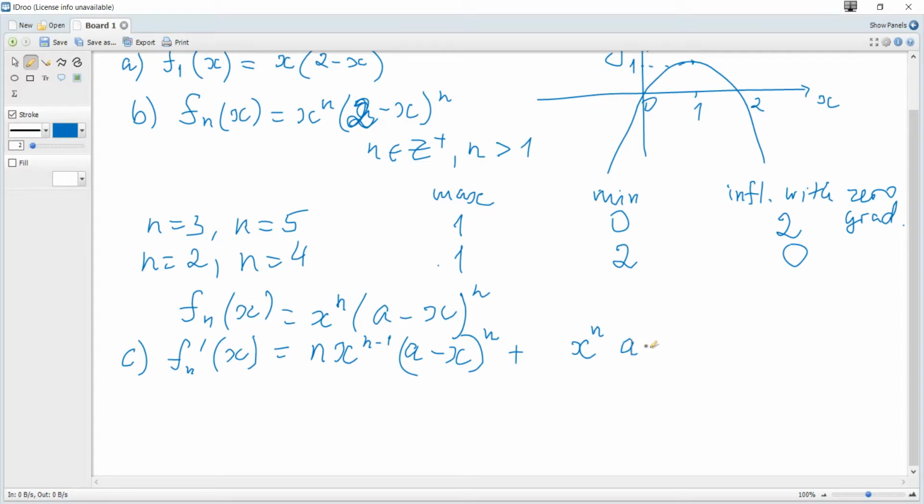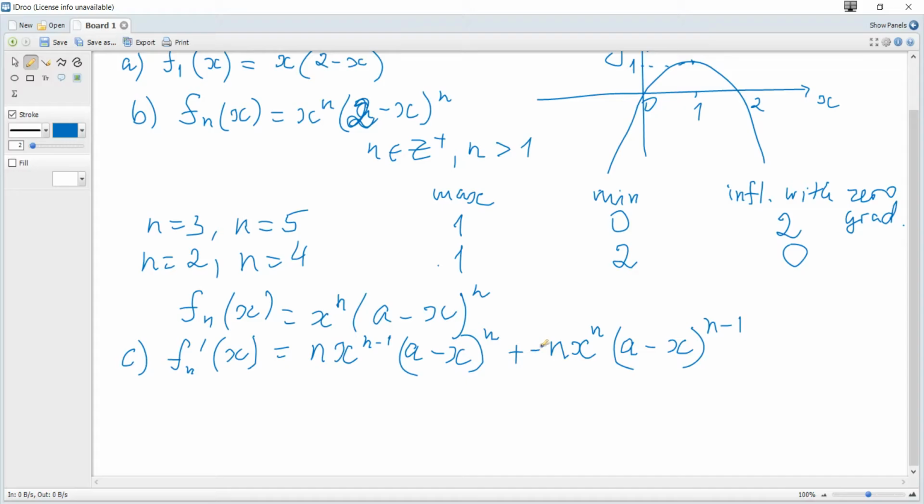It's some complicated function to the power of n, so we apply the chain rule, and the chain rule says that it's n times the function to the power n minus 1, multiplied by the derivative of the function a minus x,